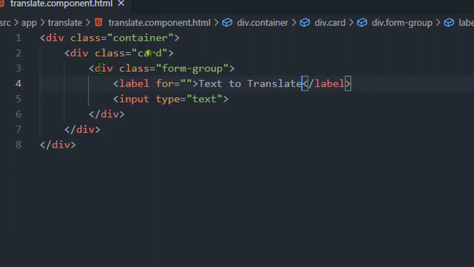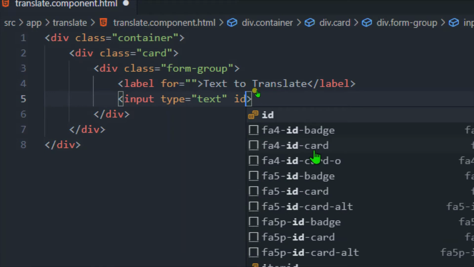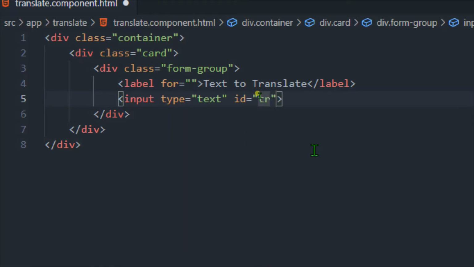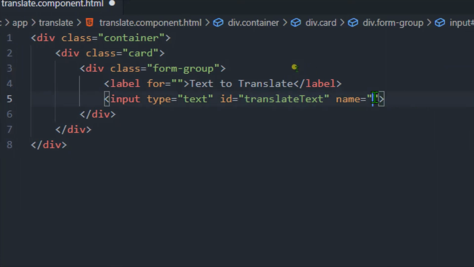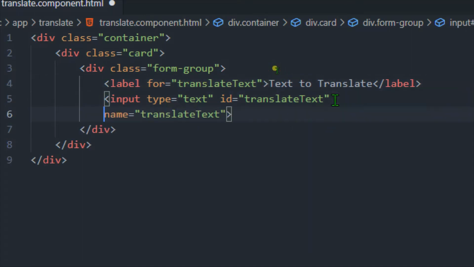Let me save this one, and now over here we need to specify an ID, that is translate text. Again we need to specify the name, so I will specify name as translate text itself, and I will give this label for translate text.